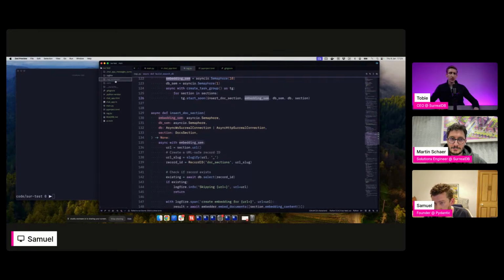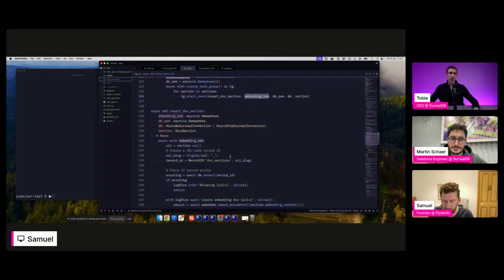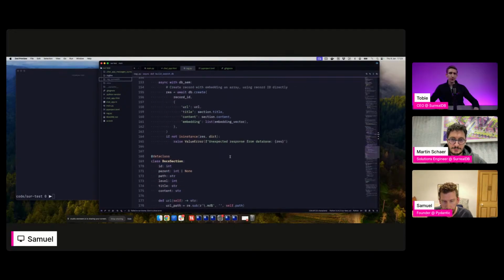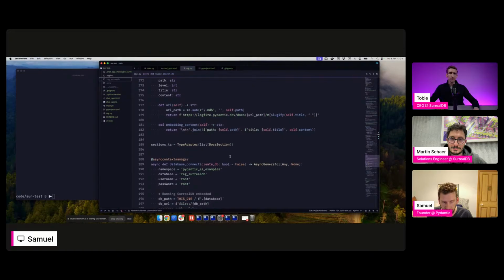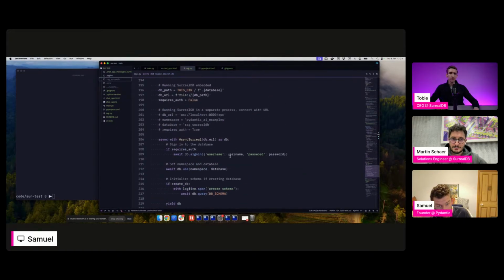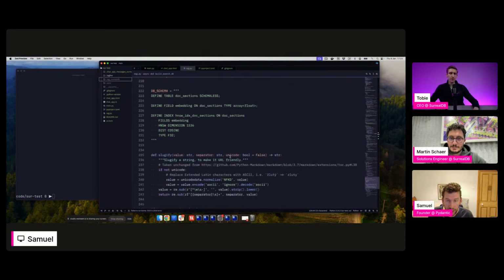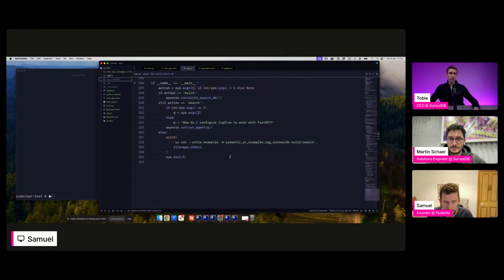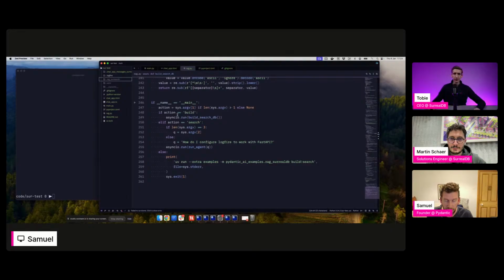That's this file on disk, as I understand it, where SurrealDB is storing it. Correct me if I'm wrong. And then there's a bunch of stuff on how we actually got the examples, which is basically trawling through files that I don't think we need to talk about so much. But I'm going to run this. I've already run this with the build command to build this file.